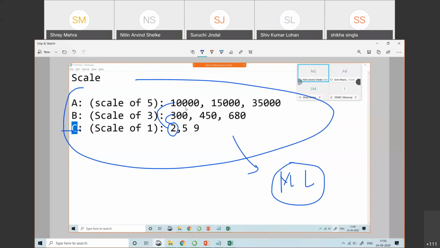It is just like money currency, right? You cannot compare the dollar with the rupees. The same thing is here with the scale. So 2 you cannot compare with 3,000, 2 you cannot compare with 10,000. But machine learning does this internally and gets confused. And to solve this problem, we'll use feature scaling.